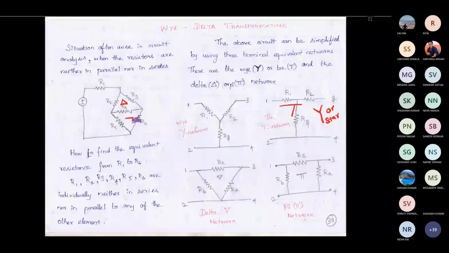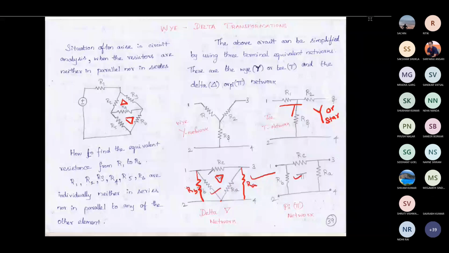So here you can see that this is a delta connection. It is looking like the delta symbol, so you are calling it a delta connection. Here, this is a redrawing of this circuit. Instead of taking this as a single point, you just move this resistor here. Let's say this is RB, and if you move this resistor here, this is RA. If you draw like this or like this, it does not make any difference.